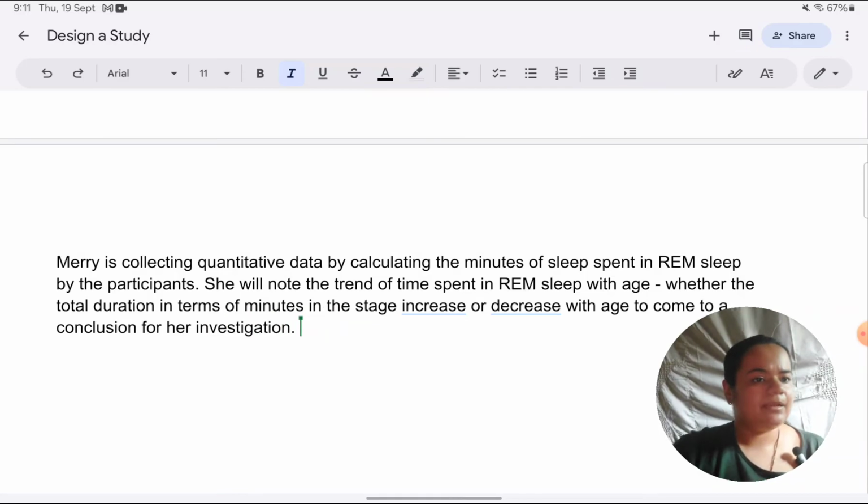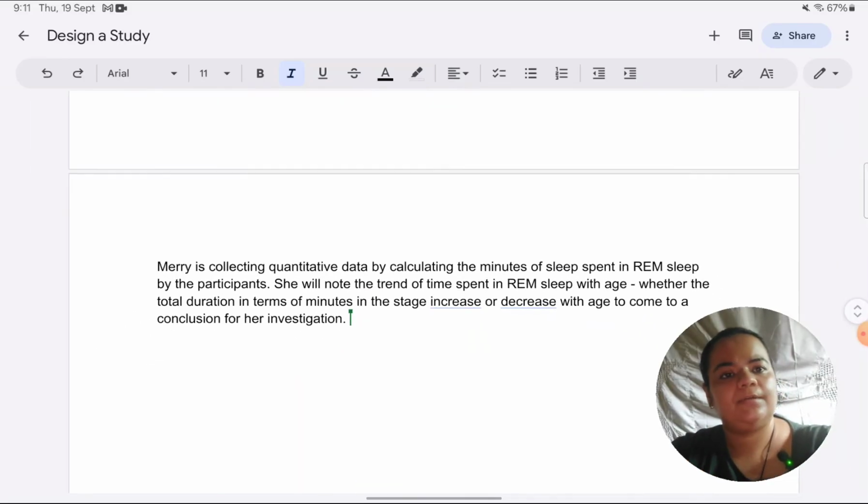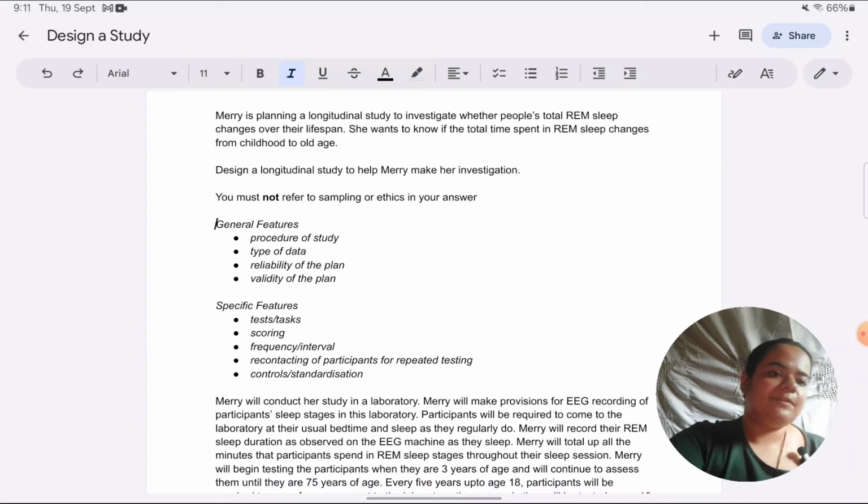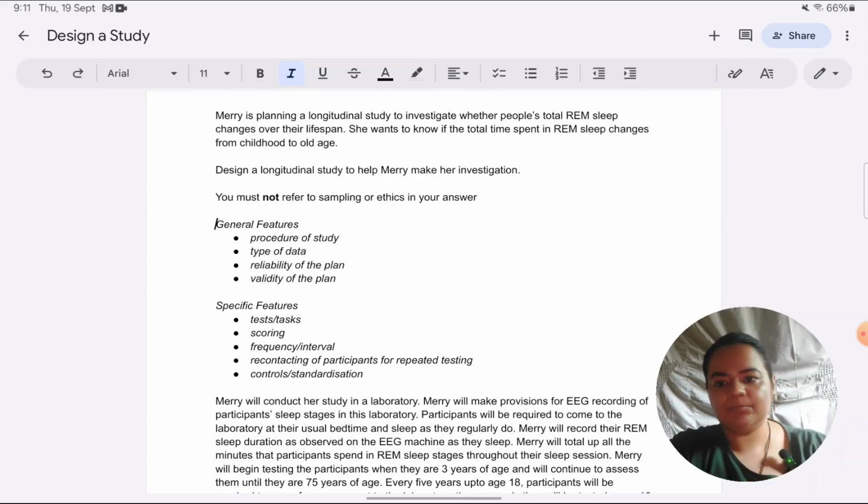Okay, with this I have covered all the features required for the 10 mark study, all the general features as well as all the specific features, because we need to cover all of them. Now very quickly I will just tell you how this will be marked on the mark scheme. I'm not going to get into too much detail of this. I don't have that much time right now, but just a gist I'll give you of how this answer will be looked at in terms of the mark scheme.